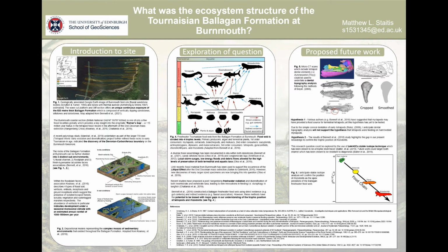Also, what's quite obvious here is that for the tetrapods and the rhizodonts, the evidence suggesting their trophic position is indirect. So we don't have any direct evidence of their placement, which I think is quite profound if we're thinking about, obviously, this key interval in evolution. So I've come up with some proposed ideas of how we could go about answering these questions and